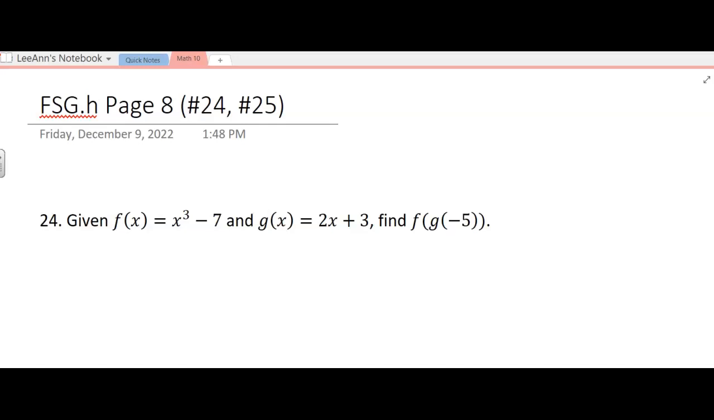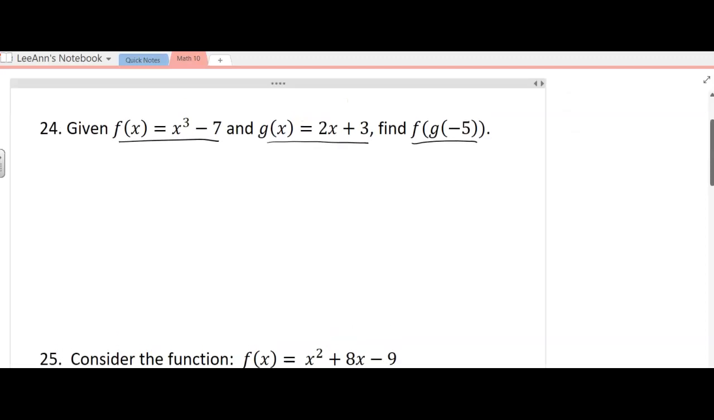We've got two more problems. 24, we have two functions, f of x right there and g of x right there. And we're supposed to find f of g of negative 5. Now there's a couple ways you can do this problem, but I think the easiest way to do it is